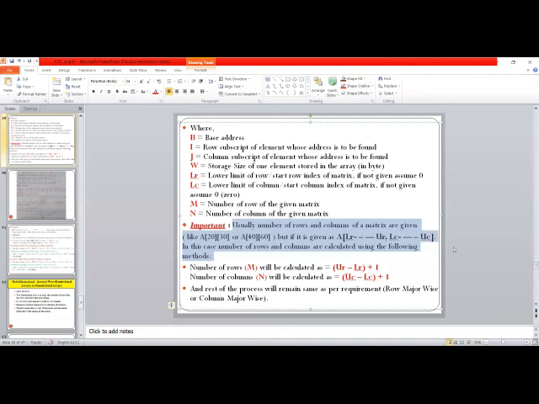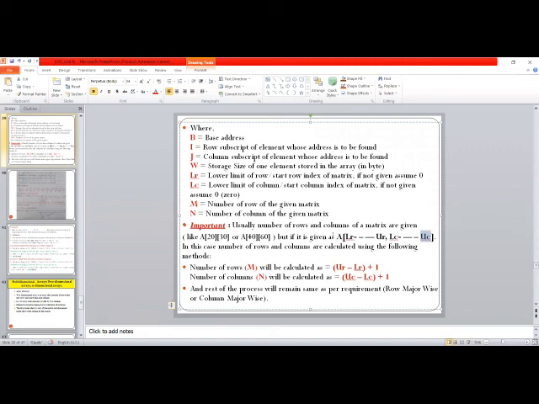But if it is given in this format, that is A of LR UR, that is the starting of row and upper limit of your row, LC UC, starting of your column and upper limit of your column,